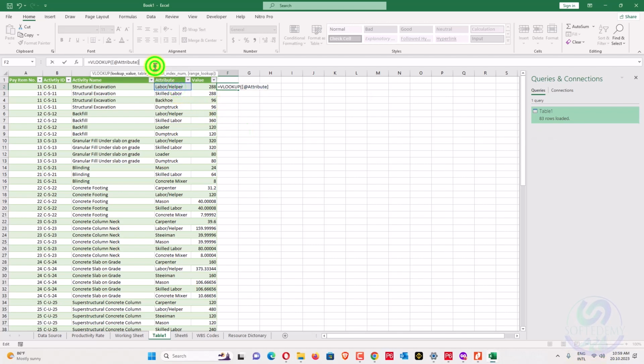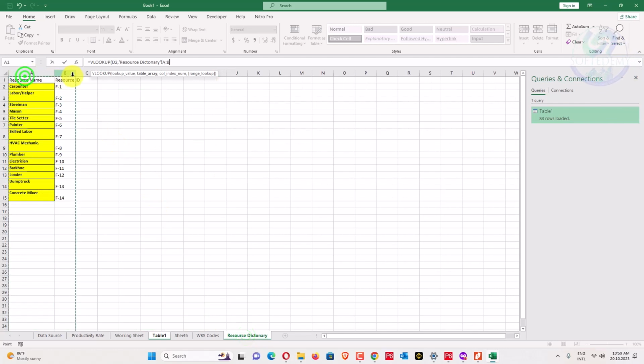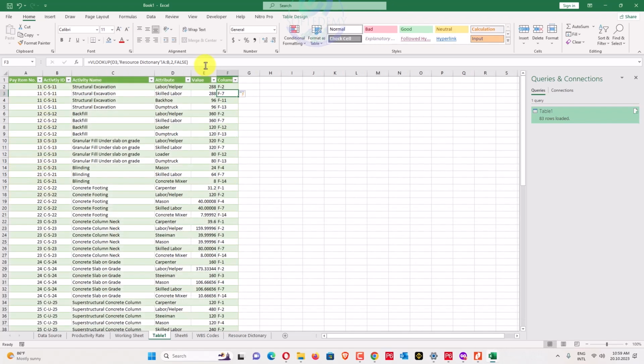If this matches, this one is A2, this one is, what is this one, A, B, C, D, E, C, D, D, it's D, D2. D2 matches like this one, and now write number 2, false. Okay, so select that one.